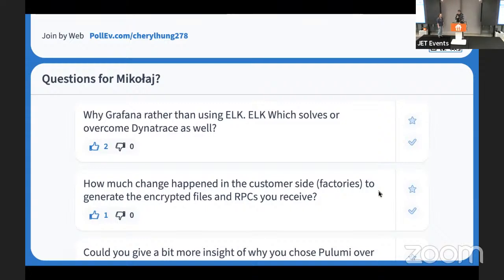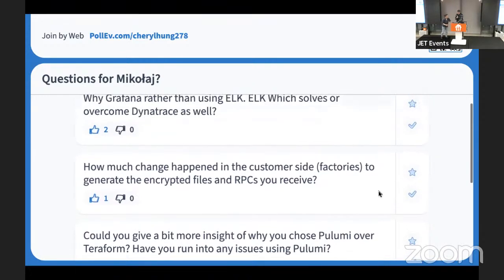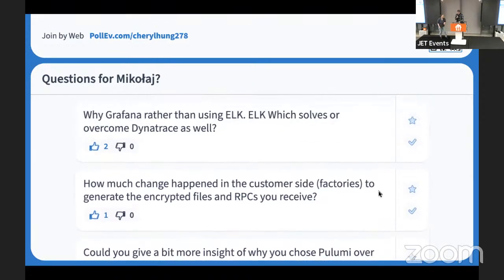Why Grafana rather than using Elasticsearch, which overcomes Dynatrace as well? The Prometheus stack has basically been on the market for a long time.